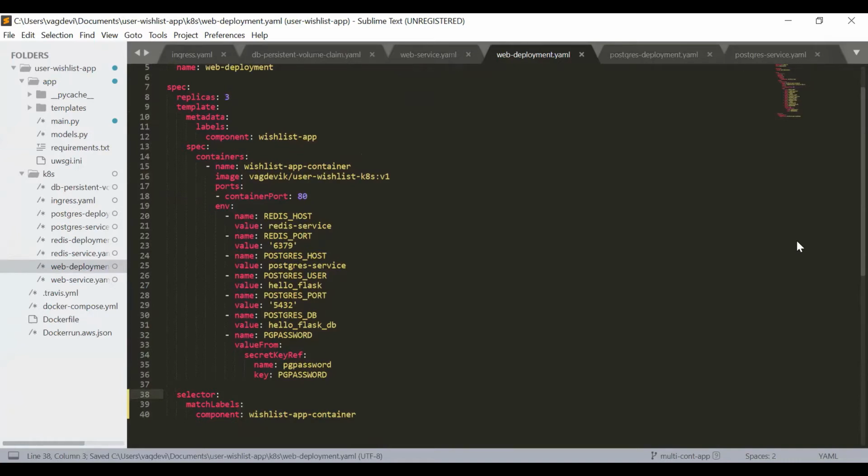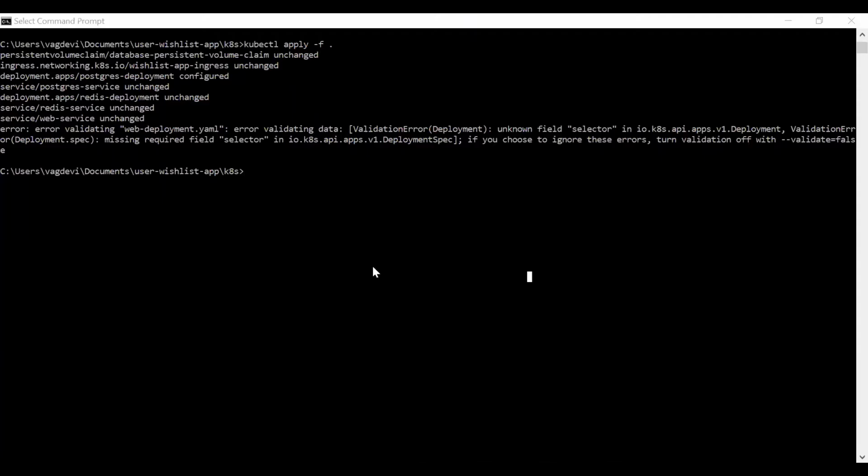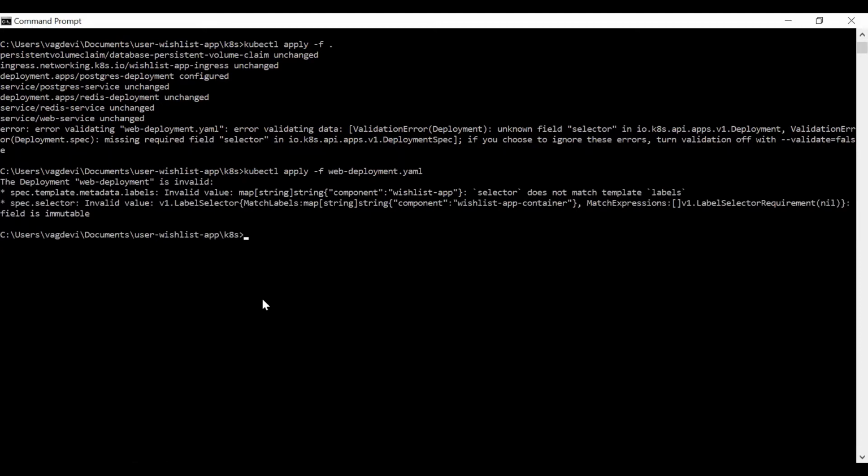Okay. So I can do kubectl apply -f web deployment. Okay, so it says an error. Let us check our web deployment again.